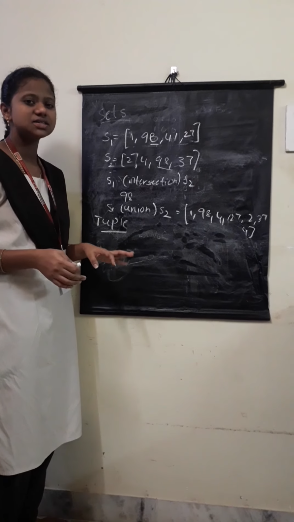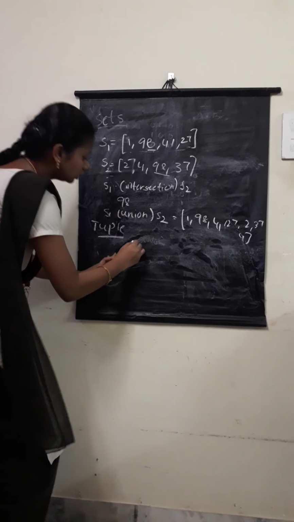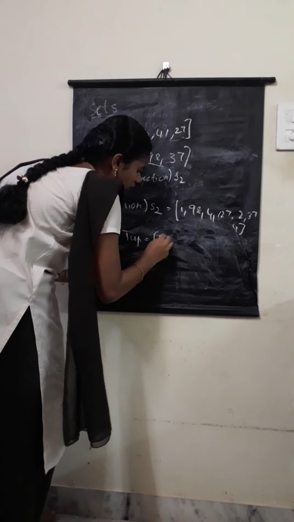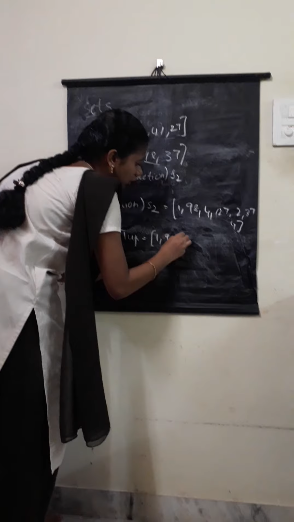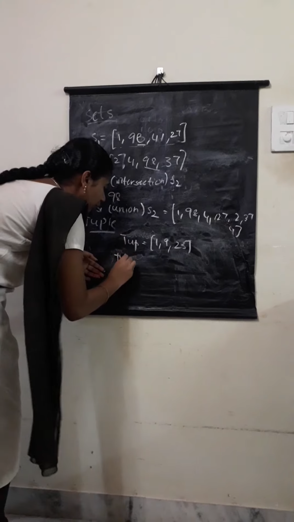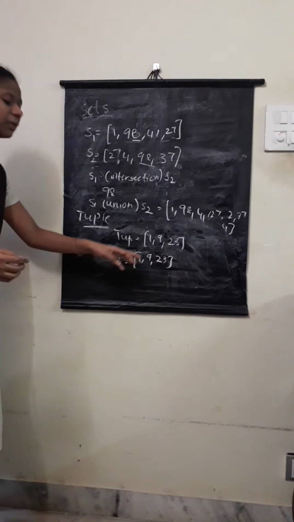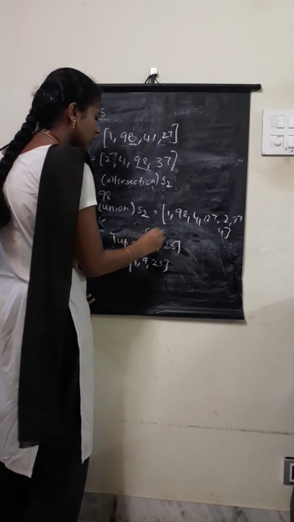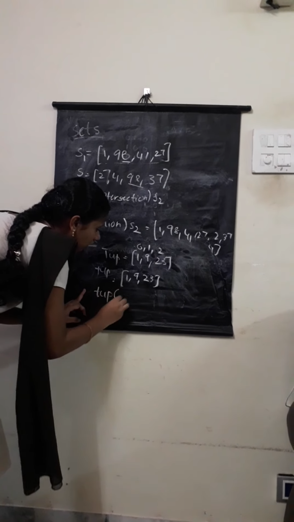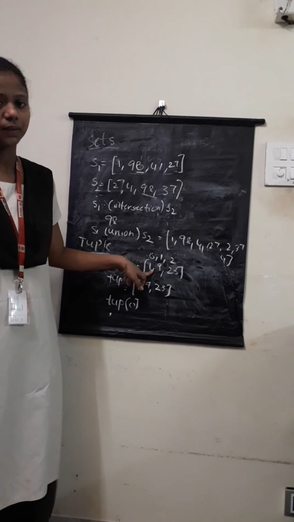In a tuple we could not change the values, so the iteration will be faster than in the list. Coming to the tuple example, suppose tup is equal to the list 1, 9 and 23. Here, same as the list, if we enter tup, it will print all these values, and by using indexes 0, 1, 2, if we enter tup[0], it will print 1, because at index 0 the value present is 1.